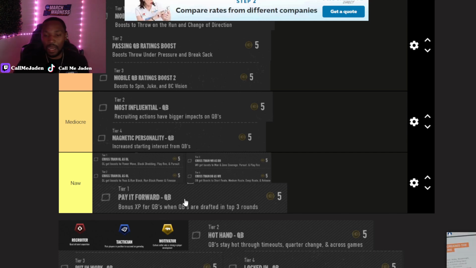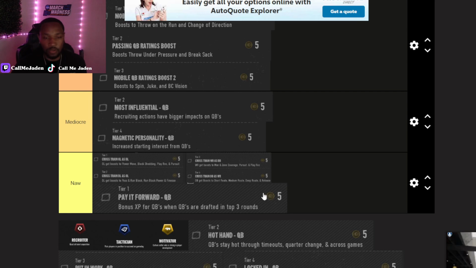I don't think the highest rated player we had was a transfer. And, you know, he went to get drafted, but I don't think it was in the top 3 rounds. So in 4 years, we'd never had this Tier 1 ability even be useful for us. At least this Tier 2 ability, quarterbacks stay hot throughout timeouts, quarter changes, all that,